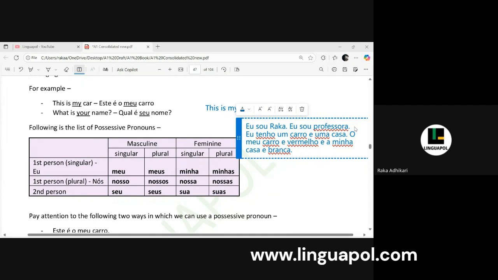तो हम जिस ऑब्जेक्ट के बारे में आगे बात करने वाले हैं, जिस ऑब्जेक्ट को हम अपने पर्सन से रिलेट करने वाले हैं किसी भी रिलेशनशिप के थ्रू, तो उस ऑब्जेक्ट का जो जेंडर होगा वो हमारे पोजेसिव प्रोनाउन के जेंडर को अफेक्ट करेगा. To understand this very easily, let's understand in Hindi. ठीक है, हिंदी में हम कहते हैं मेरा नाम, मेरी गाड़ी, मेरा घर, मेरा परिवार, मेरे भाई बहन. Now भाई बहन becomes plural, तो मेरा becomes मेरे. Again, मेरा भाई, मेरी बहन.